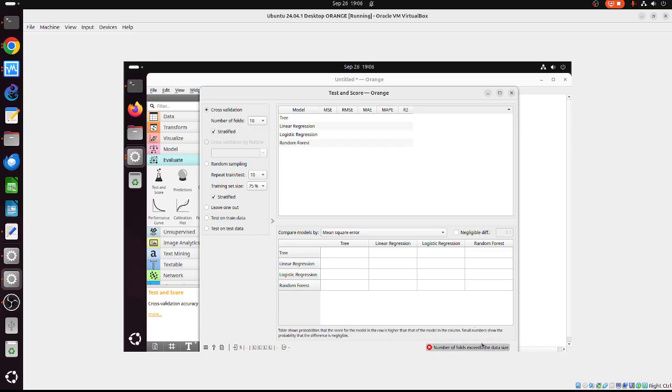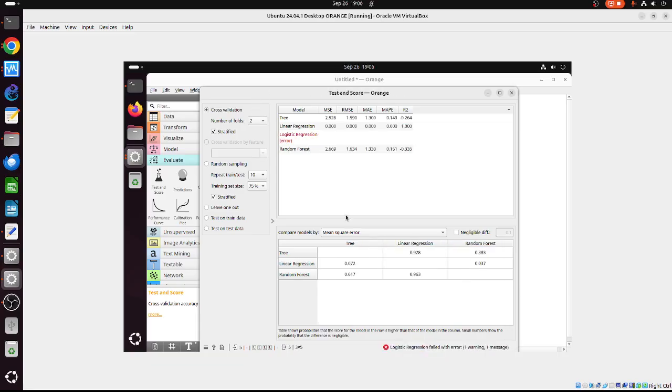Number of holes exceed the data size. Okay, I need to change the number of holes, only 2 folds. Okay. So if I use 2 folds, no. So this one is